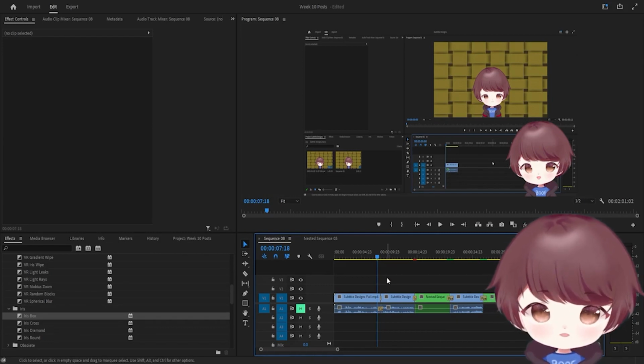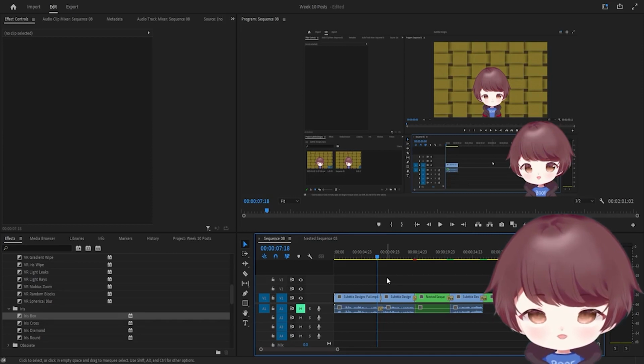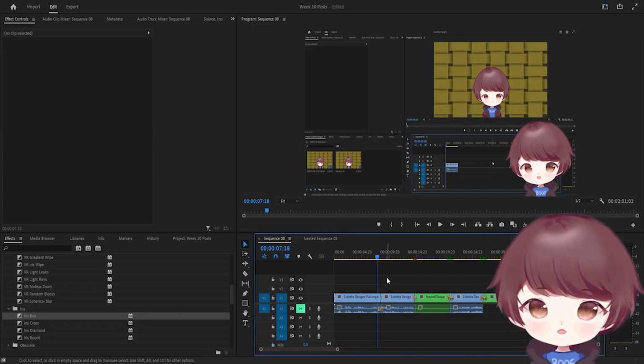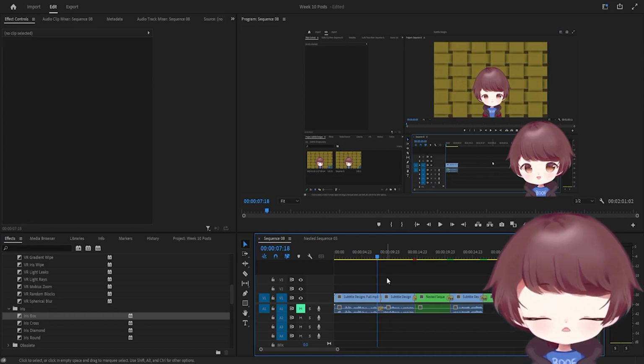It's one of the reasons I don't go into extreme levels of detail like this is exactly how you do this transition and do this and that and the other, because the best thing you could possibly do is play around, experiment, have fun with it, and make it your own. It feels so much better when the video you create has your own flair and is all your own, rather than just taking a bunch of ideas from other YouTube videos out there talking about make this transition, make this effect, do this, do that, because while those are fun and really useful, and I use a lot of those because they're fun and useful,